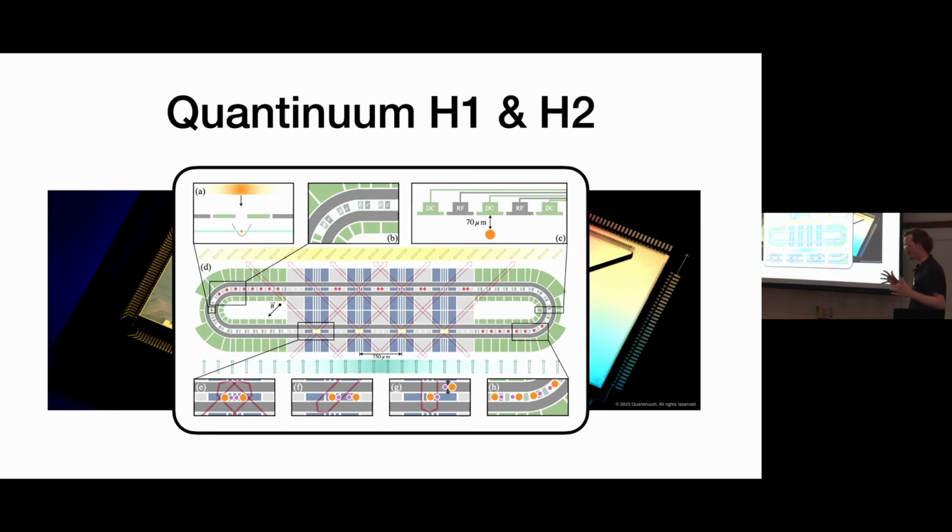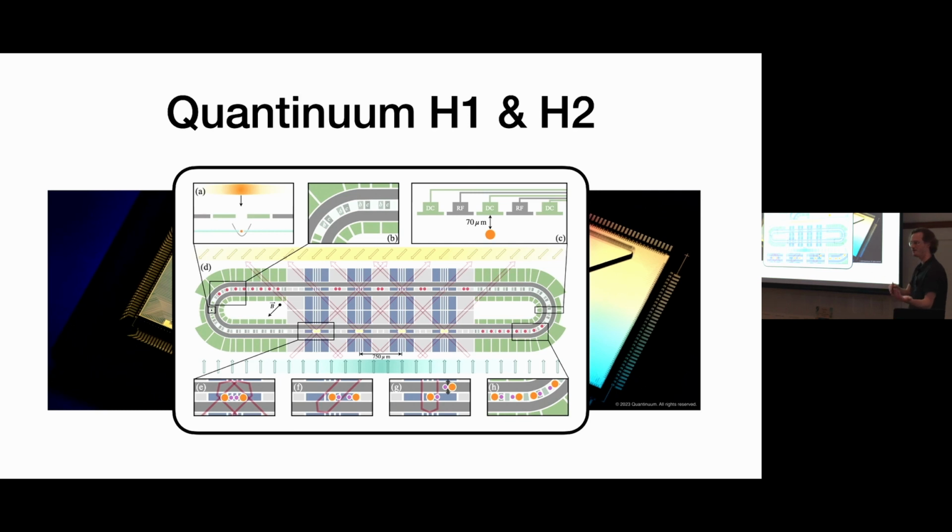So ion traps are cool because you have very clean qubits. Things are a little bit slow, but you can also have all-to-all interactions essentially. But they're very much in serial because they all go via the same modes. And what they're doing here is basically having a bunch of little traps that you can move ions into and out of, so they can do more gates in parallel.